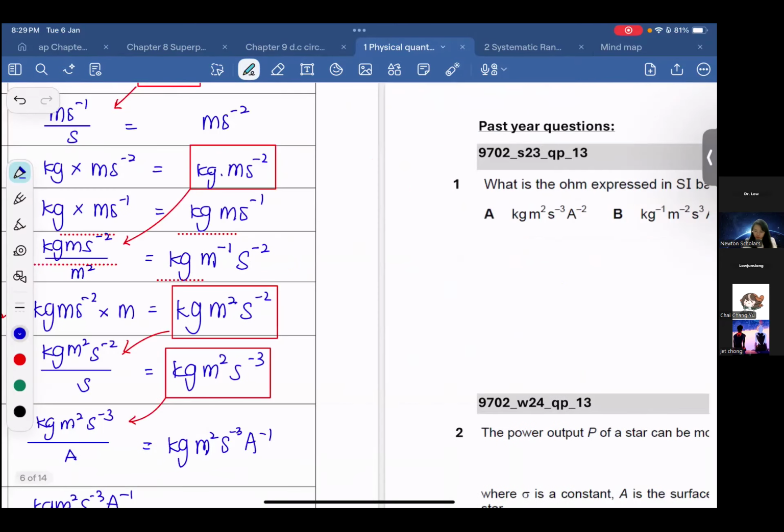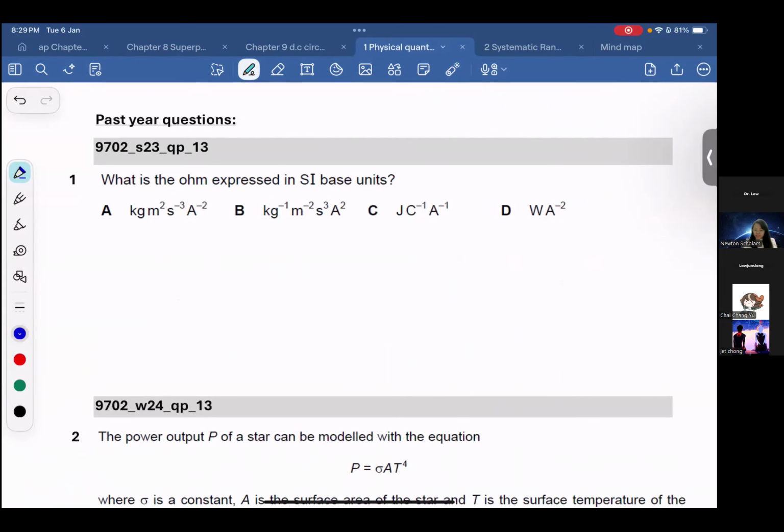Okay, dear. What is the ohm expressed in SI base unit? Ohm is a unit for what? Resistance. Am I right? R. What is the formula for R? R is equal to V over I. Am I right? Then you have to think, what is the SI base unit in